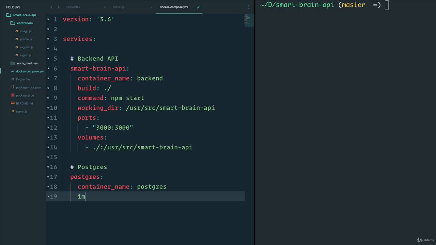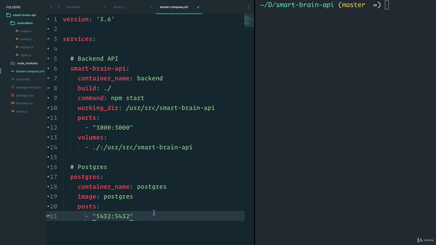And we're going to use the image that is already pre-built for us on the Docker Hub. And the Postgres image on Docker Hub is conveniently called Postgres. Now, the other thing we want to do is, again, make sure that the ports are accessible to us. So we'll have our default Postgres port, and this is just the default port for Postgres. You might remember that we've used this before whenever we've connected to our database, and we'll just forward that to